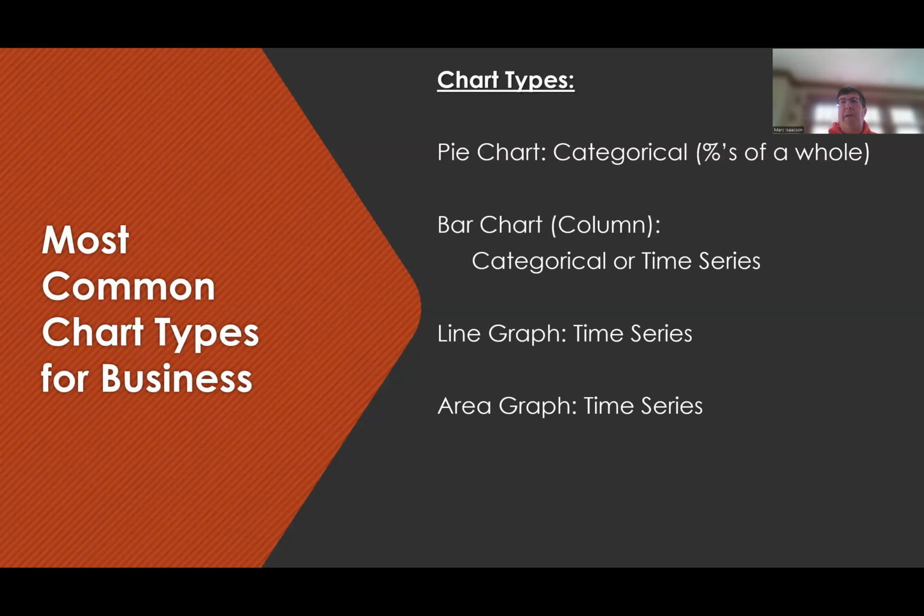Area graphs are probably a little bit less common, but they're easy enough to create in Excel. An area graph just takes the line that I create when I connect the dots in a time series, and I fill in or paint the area below. And so they really are brother and sister. It's just a formatting thing. And again, when I have an area graph, time should go left to right. And it's not uncommon to use an area graph with a couple of different